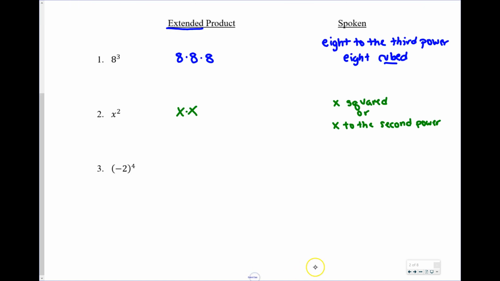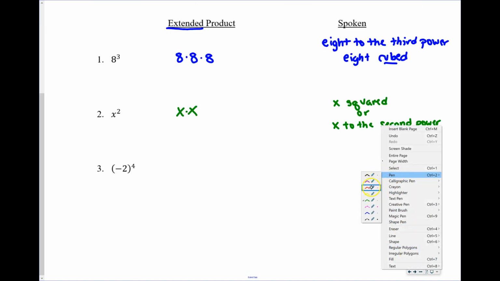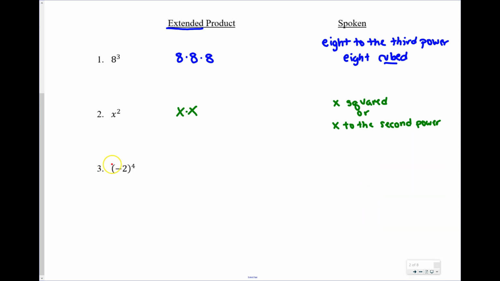This last one, negative 2 to the fourth, is a little tricky when we're dealing with negatives. Because the negative is on the inside of the parentheses, the extended product is negative 2 times negative 2 times negative 2 times negative 2. It is not negative 2 times 2 times 2 times 2. Please don't make that mistake. Each 2 has its own negative in it. When I say this out loud, I'm going to say negative 2